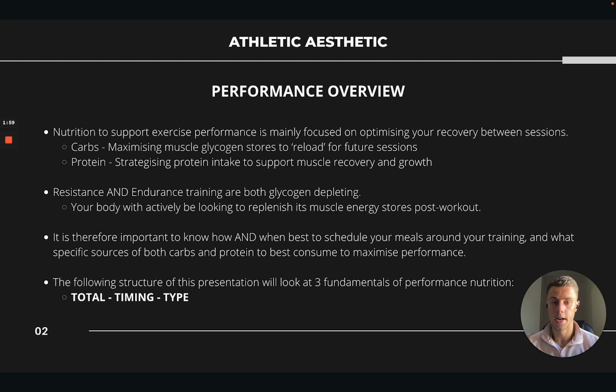Resistance and endurance training are both glycogen depleting, so during both we'll be using glucose to support the training session. Post-training, your body will be actively looking to replenish these stores for future sessions and to help with recovery. So whether you're doing double training days or you're just on a single training program,